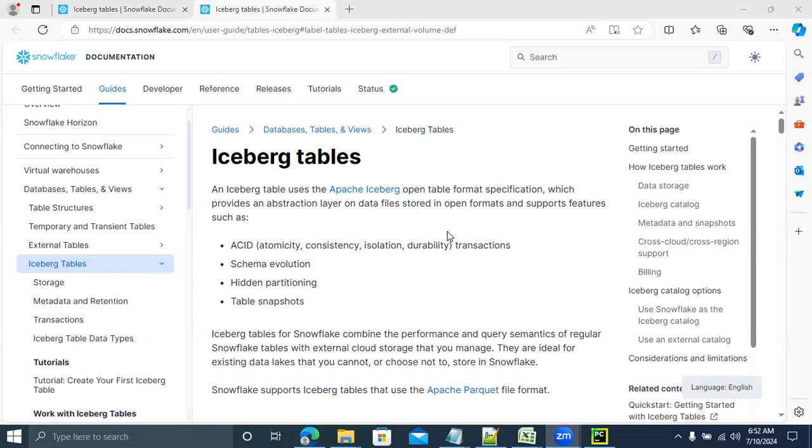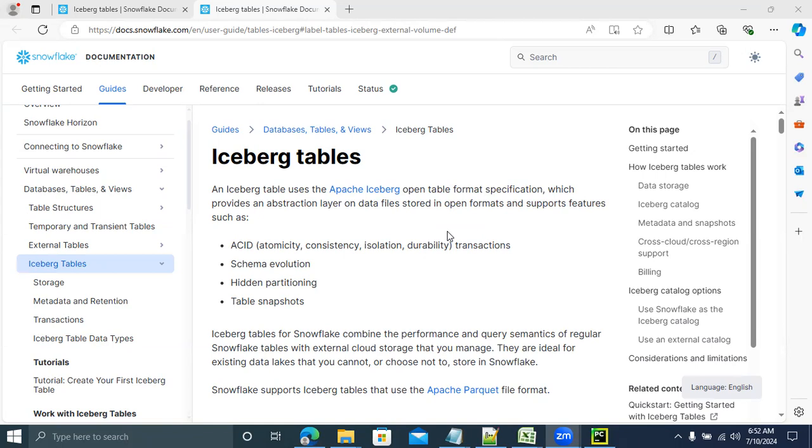Now, what happens is that the data we're going to keep in an external storage. It can be any other cloud, AWS or Azure or GCP. In the data lake, we are trying to get the data using Iceberg tables. Now, in a distributed environment, if you want to maintain large scale data and query that large scale data, definitely you have to go for Iceberg tables.